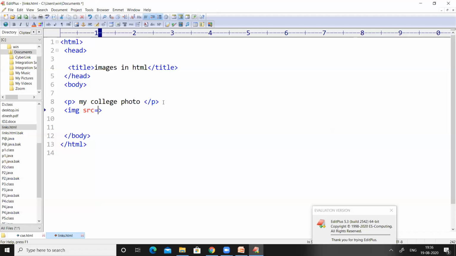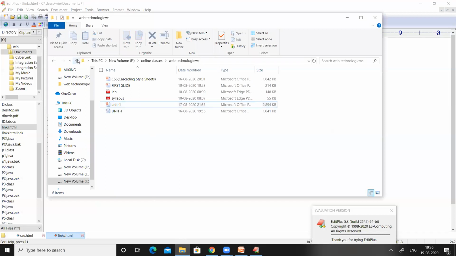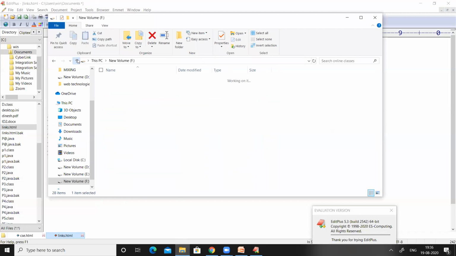For this source attribute, we have to provide a value: the complete path of the image we want to display on the web page. Within the double quotes, we have to provide the complete path of the image we need to be displayed on the web page. So let us look at any one of the images, and let us consider any one image.